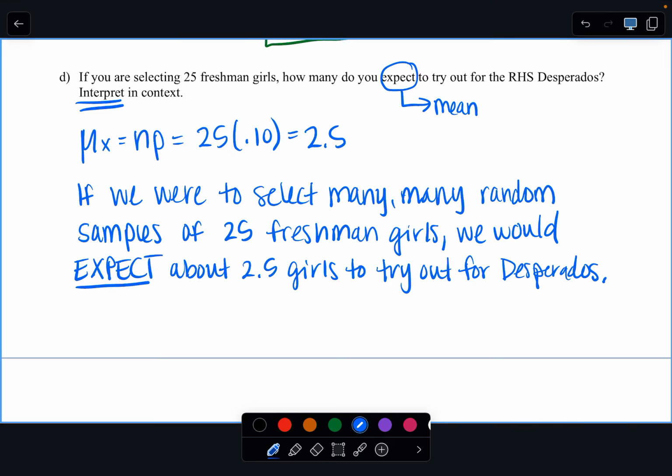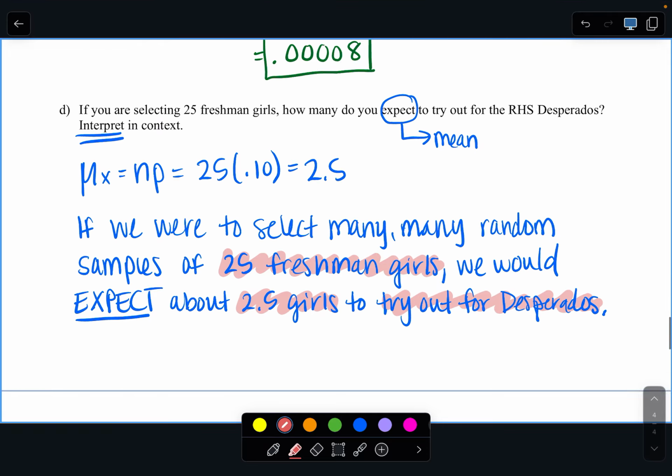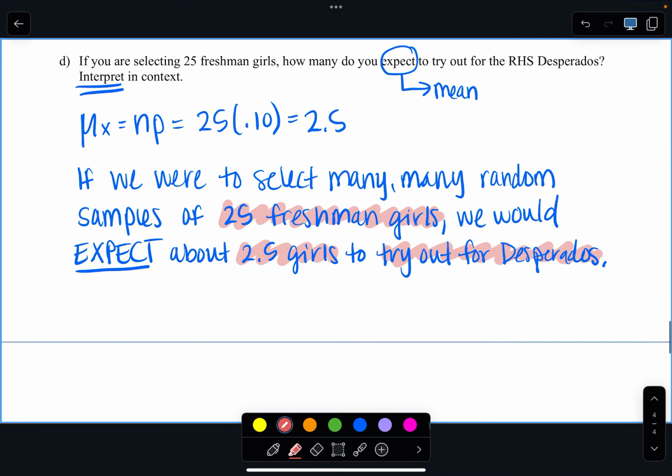And that, for the most part, follows that prompt that we did on the first example pretty closely. All I did was go in and I changed a couple things. I changed what my sample was, the 25 freshman girls, and I changed the value and the context. So that's all you have to adjust when you're going in and you are doing an interpretation for me. So now we have time